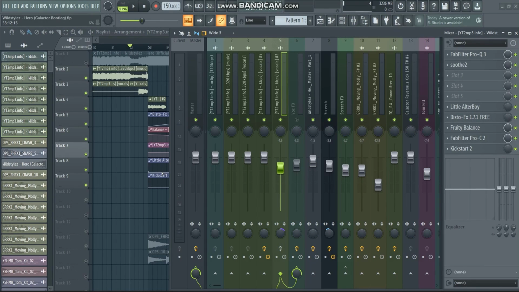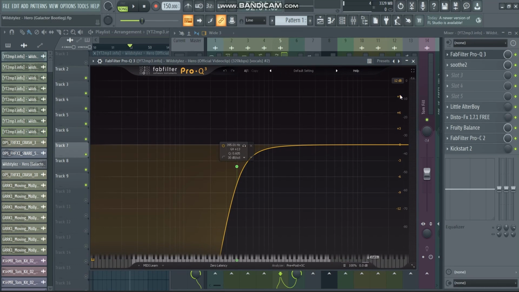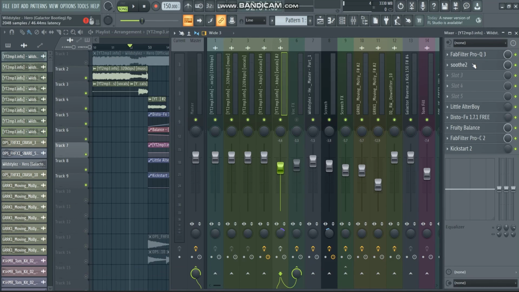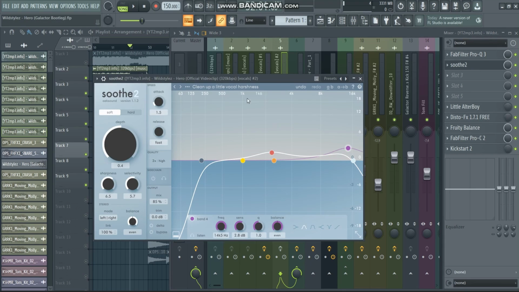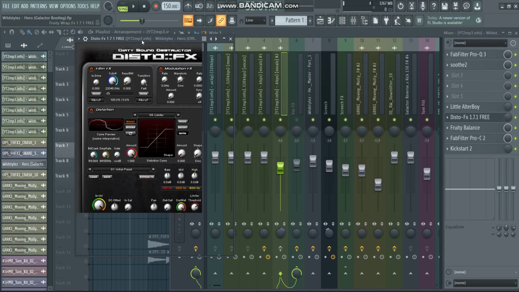So yeah, this was just a little bit too boring for the result that I was going for. So I decided to put up some distortion. But before doing that, I built up an EQ with a low cut to get rid of all these unwanted frequencies here. And also a Soothe 2 to remove some vocal harshness, so to get rid of a lot of those resonant frequencies. And then it's going into a Disto FX,